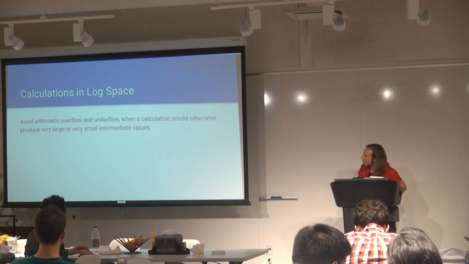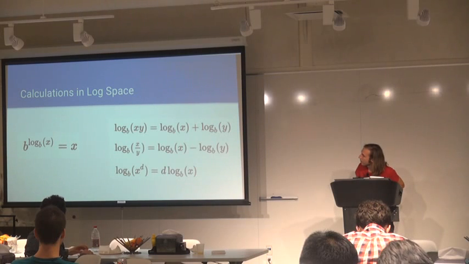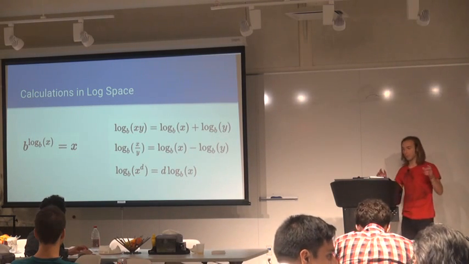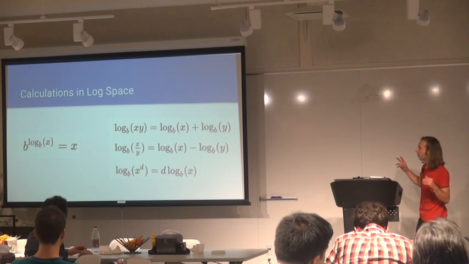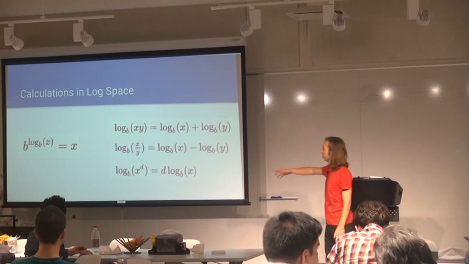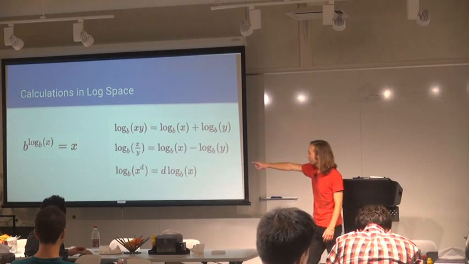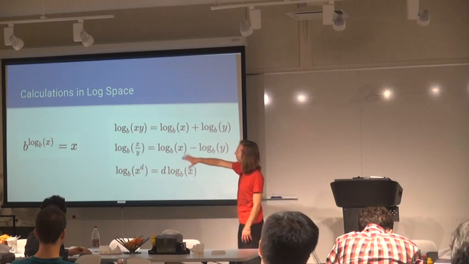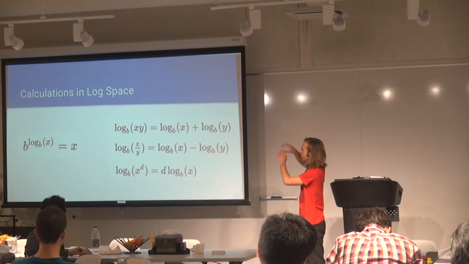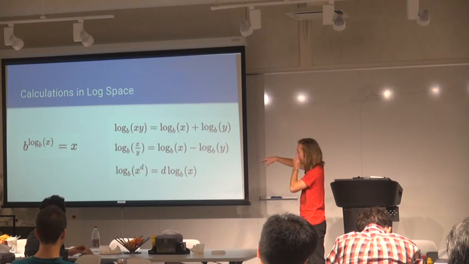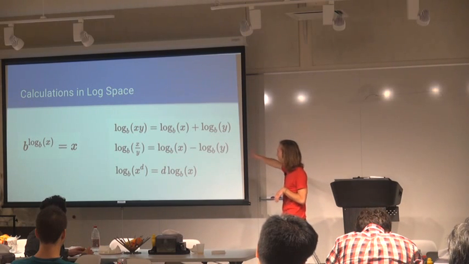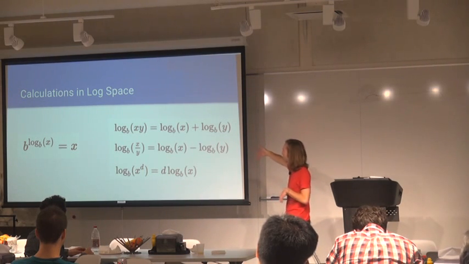So this is a trick I learned to avoid overflow. I've heard it referred to as doing calculations in log space. Basically what you start with is this trivial definition of log, which is saying that if you take b to the power of log base b of x, that's equivalent to x. And then you use these log properties you learned in high school or whatever